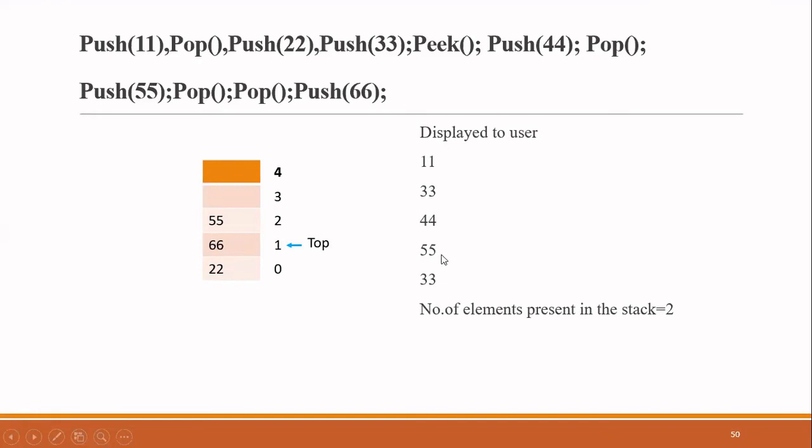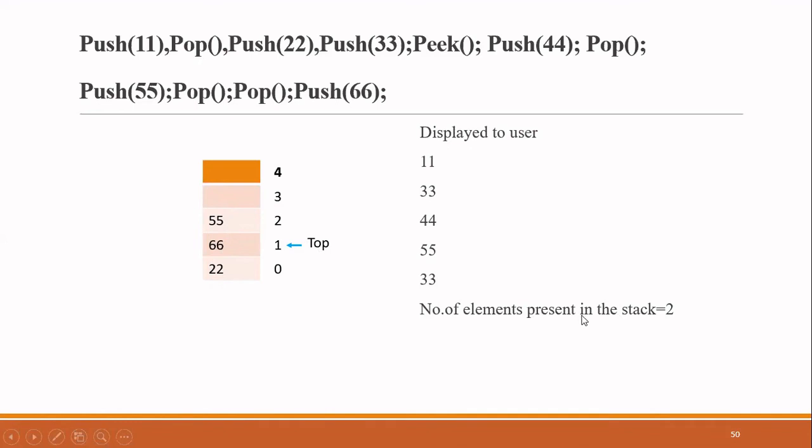So now the answer is the total number of elements present in the stack are only 2. But if you see this, you will see 3 elements. Don't write 3. The content of the stack is nothing but start from top, then write the number till you reach the bottom with index 0. So 66 is the first one and 22 is the second one.